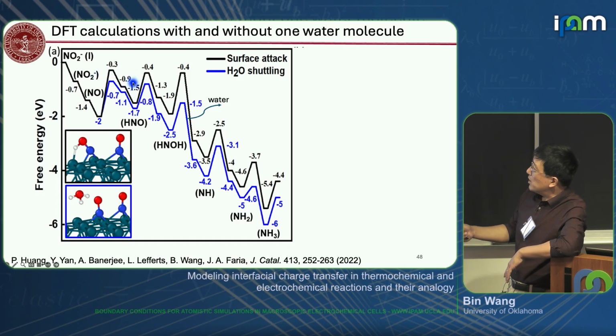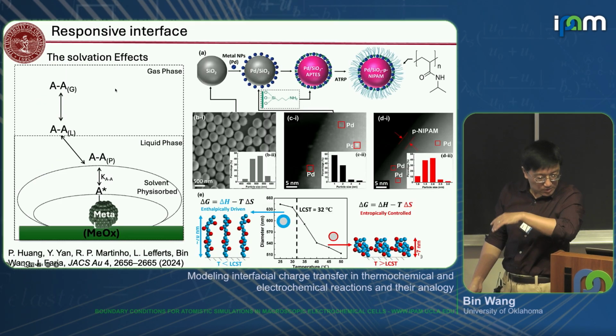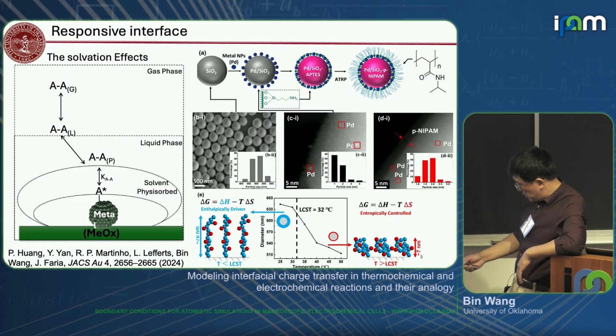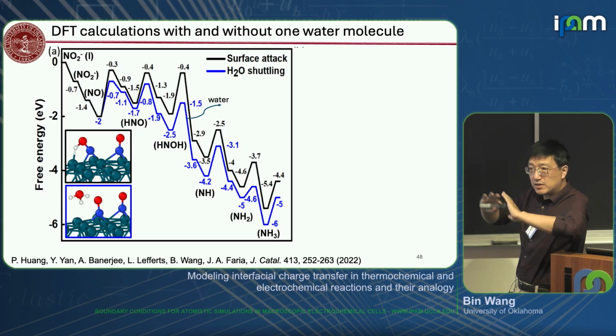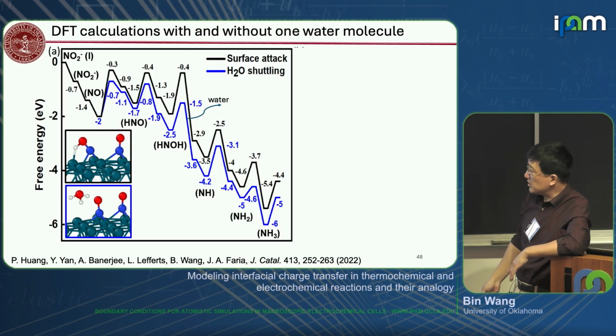And definitely the presence of water helps the hydrogenation through the same shuttling mechanism, which means the hydrogen from here can go to water nearby, and then the water can transfer the proton to the nitrogen, and that reduces the barrier shown here. So in this case, there's no particular confinement. It's the same thing as we did before. We just put a water layer on top of that and study the kinetics with NEB.